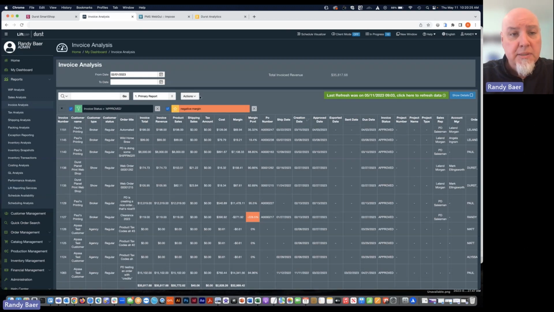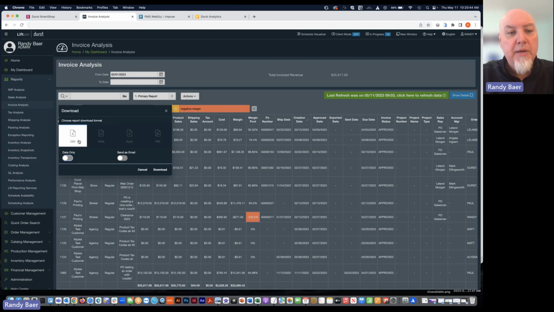One of the other nice things is, as we're looking at these different analyses, you have the ability to go in, and let's say you're more of an Excel guy, you got these reports in Lyft, but we really want to drill down a little differently. On any of these reports, we can just say download report, and we can spec out how we want that information to be downloaded. Do we want it as a CSV? Do we want it as an HTML? Do we want it as an Excel document?